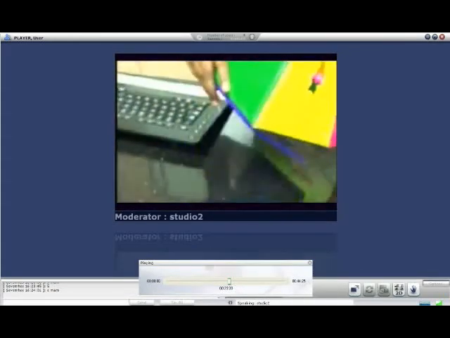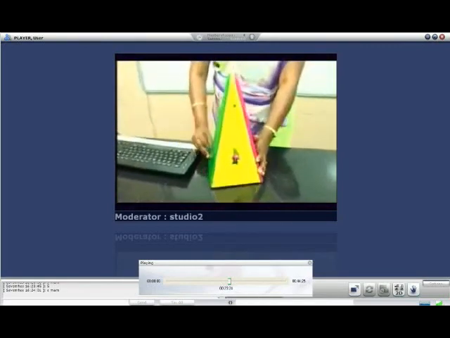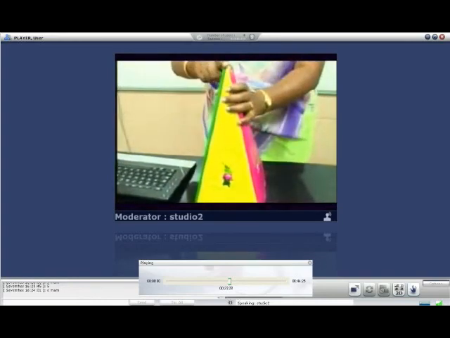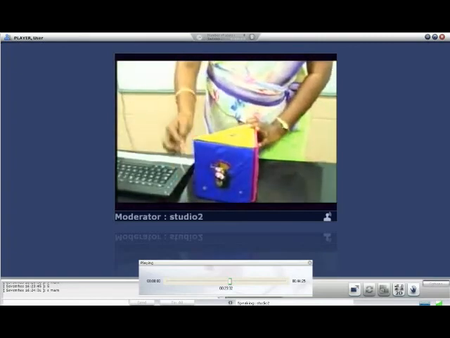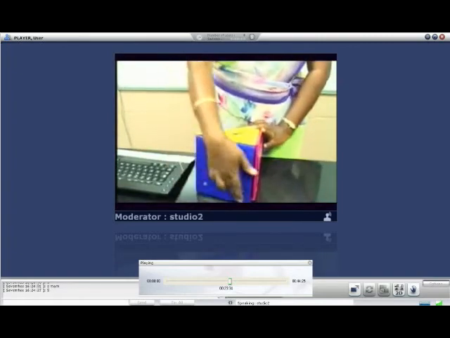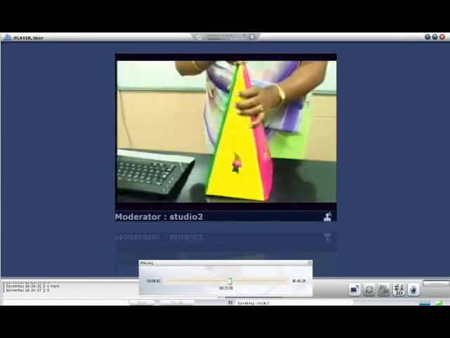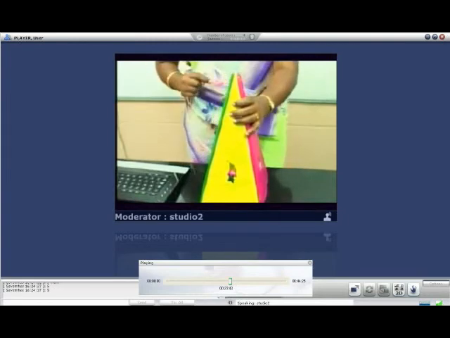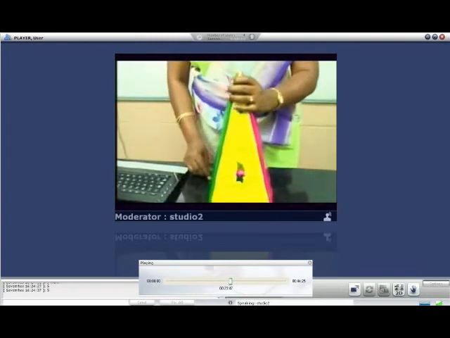So when I form a pyramid, here you can see one more vertex, isn't it? So here at the bottom you have 4 vertices, 1, 2, 3 and 4. And at the top you can see you have one more vertex. So how many vertices are there? So altogether you have 5 vertices for a square pyramid.